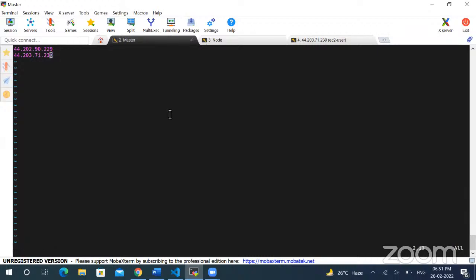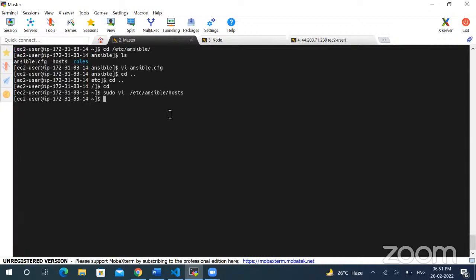Let's save this. Okay, now I have saved the managed node details in the inventory file. We'll do cat /etc/ansible/hosts. You can see I have mentioned them over here,